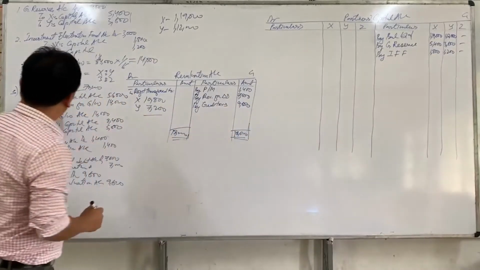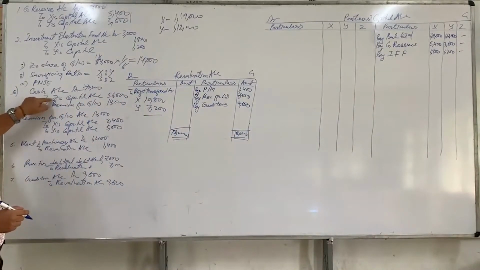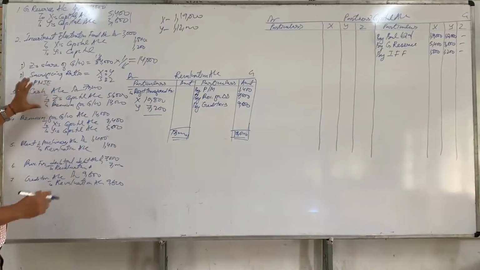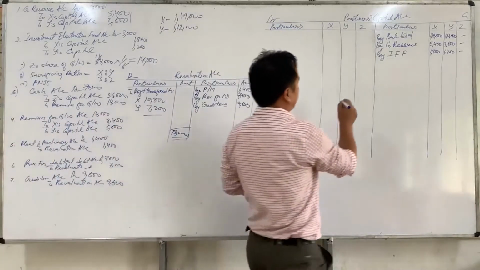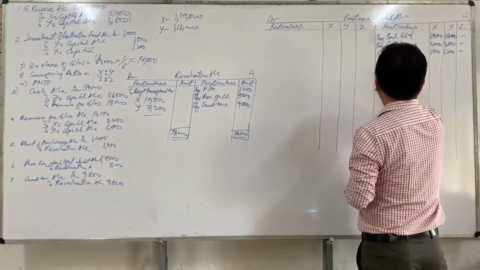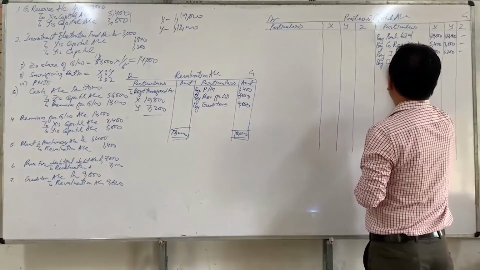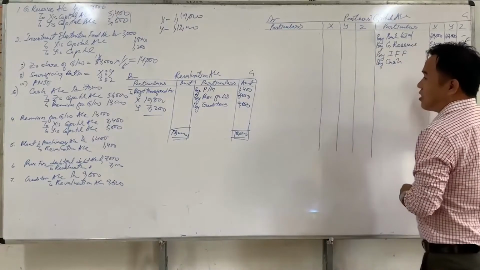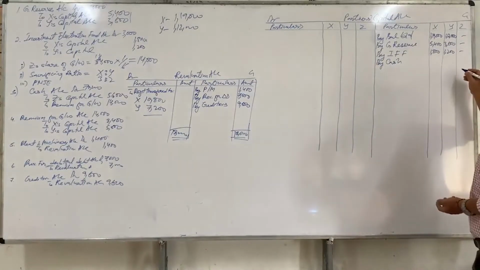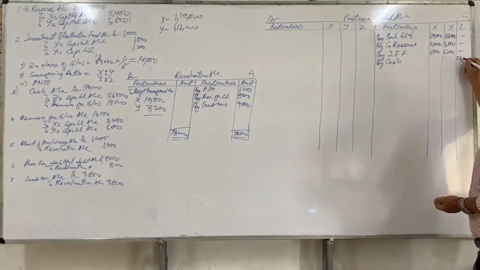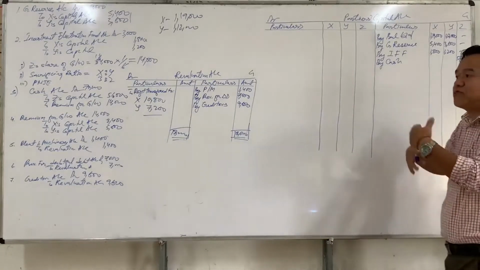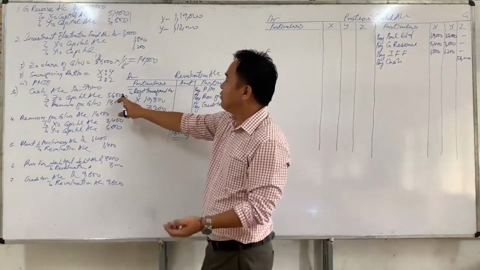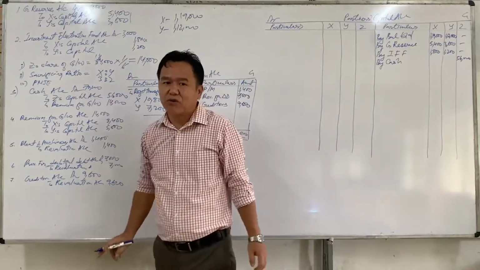Here again we find Z's capital. Z's capital is credited here, so the credit part will be posted on the credit side. But in the particulars column we have to write cash account. What is the amount of Z's capital? Z's capital is 56,000. Since we have opened Z's capital, we have to write the amount of Z's capital, which is 56,000, not the cash amount.